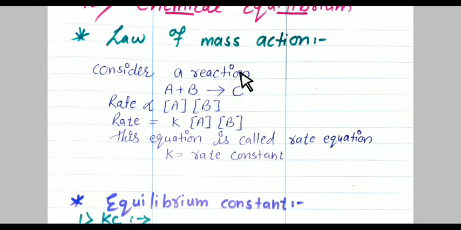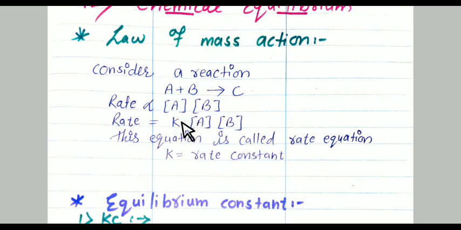See here, students, in this reaction A and B both are the reactants. C is the product. So, according to the law of mass action, rate is directly proportional to the concentration of reactants, means the product of concentrations of reactants. Here the product means multiplication. This square bracket shows the concentration term. Whenever you remove the proportion sign, we always use a constant. Here the K is nothing but a rate constant.